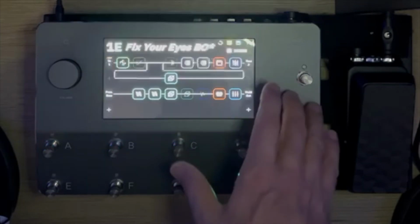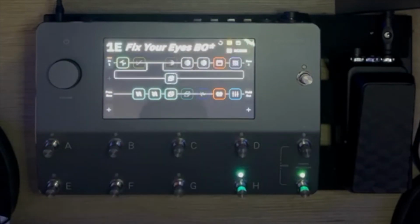So that's how I've got it running. I'm not going to name it this. This is a song we're working on, but I will let you know